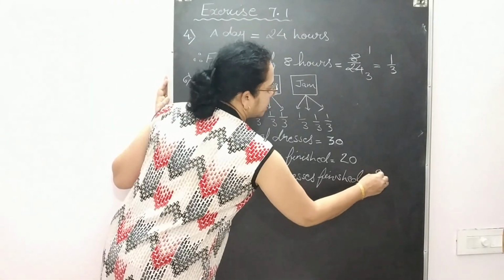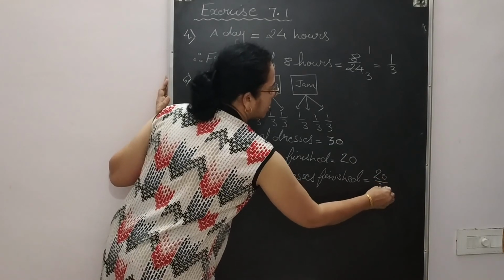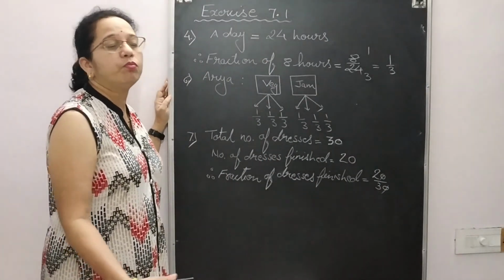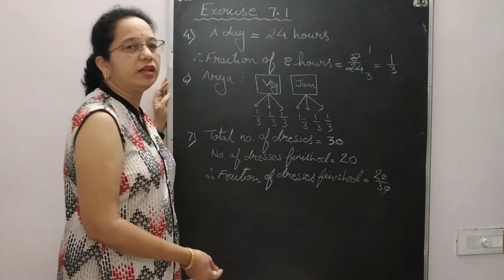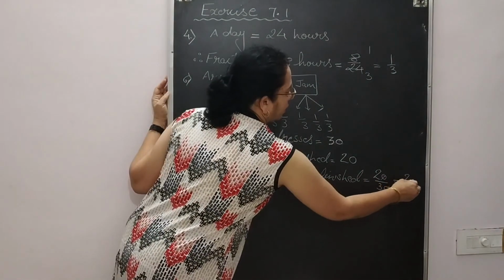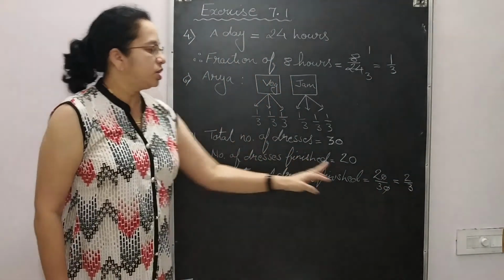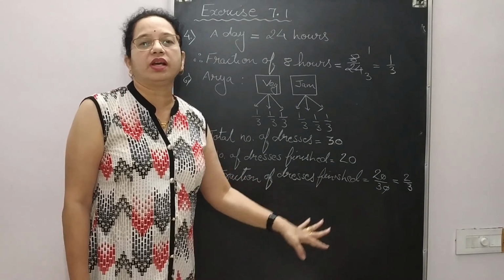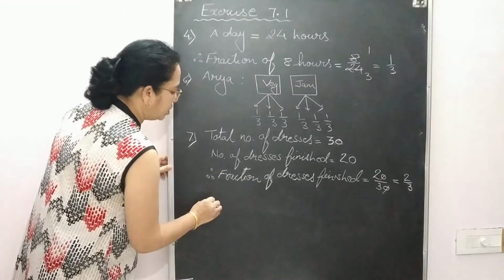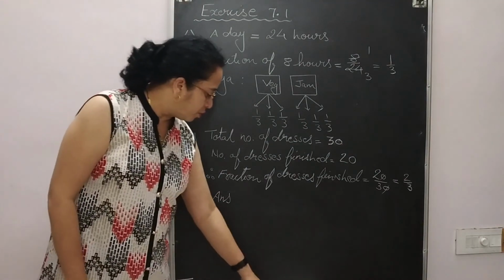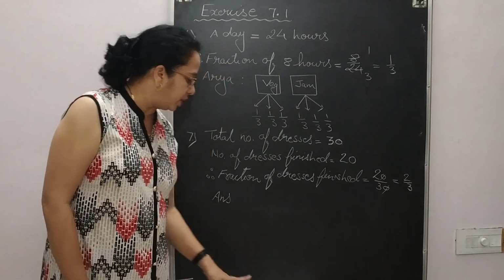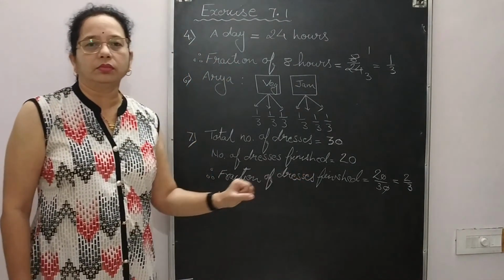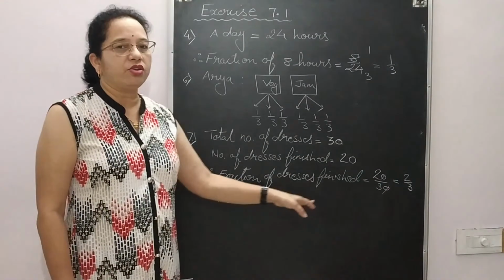So the total number of dresses she has finished is 20, and the total number of dresses is 30. So 10 we can cut, or we can say that we are dividing by 10. So 10 2s are 20, 10 3s are 30. So the answer will be 2/3. This way of solving differs from person to person. Whatever method is easier for you, you can use that method to solve. And the last step, always you need to write down the answer in a full sentence. What is asked: what fraction of dresses has she finished. So she has finished 2/3 fraction of the total number of dresses. So this is the way you are supposed to complete it.